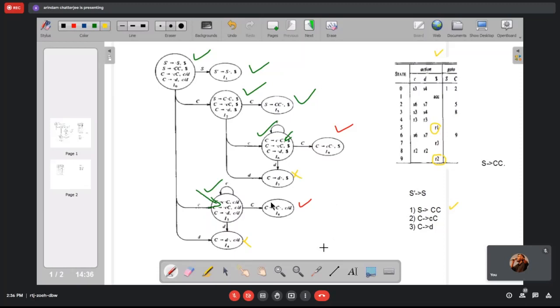So under dollar we have R2. Similarly, in state 7, rule number 3 is called for as the reduction rule, and that is for the dollar symbol right here.